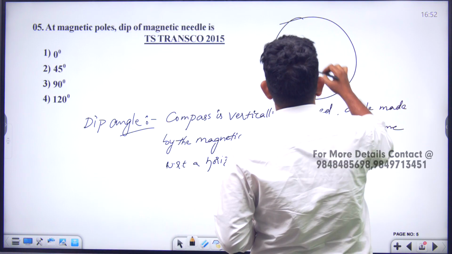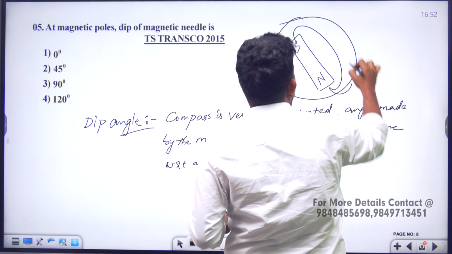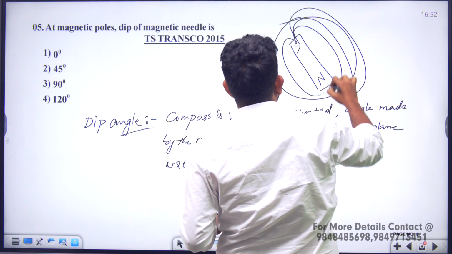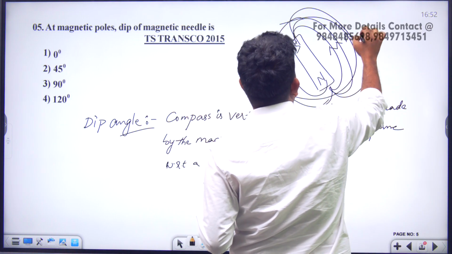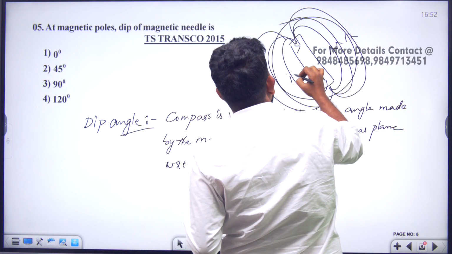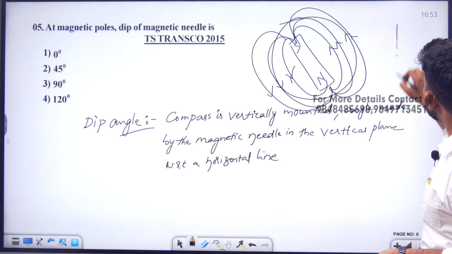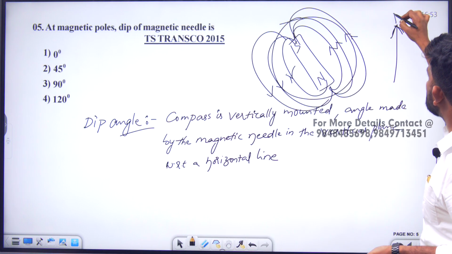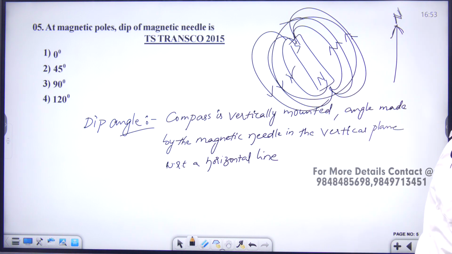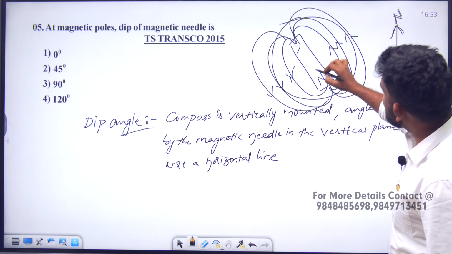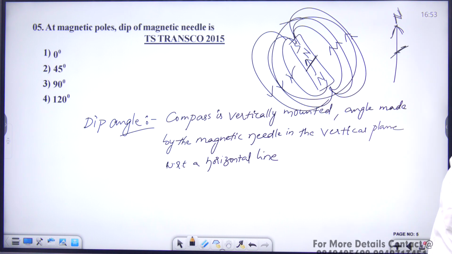See, this is the magnetic needle that is present inside the Earth's surface. This is your south pole. This is your north pole. And see here, the magnetic field lines will be flowing in this direction. So these are the north field lines. If you observe here, the north field line flow is observed in this direction, so that's why we write north here like this. This arrow represents the magnetic field line flow.